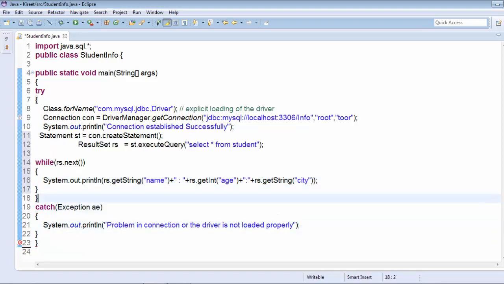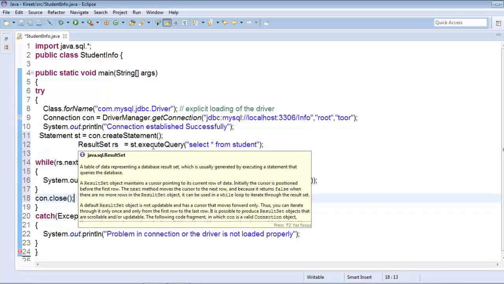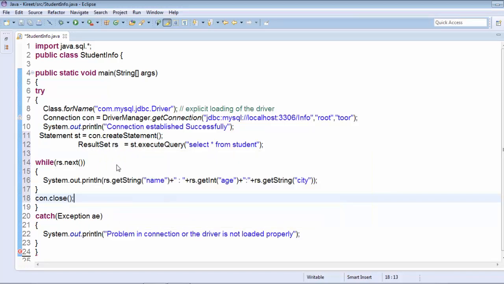Now we have to close the connection, so we just write con dot close. This is the seventh step. The result set rs is equal to st dot execute query, which is the fifth and sixth step, that we have done simultaneously. We have processed the results with the help of this rs next. This is the processing of the results, and the results are stored in the result set.